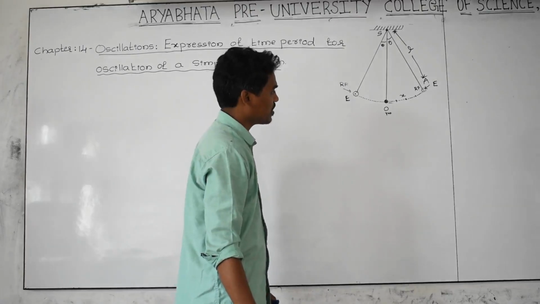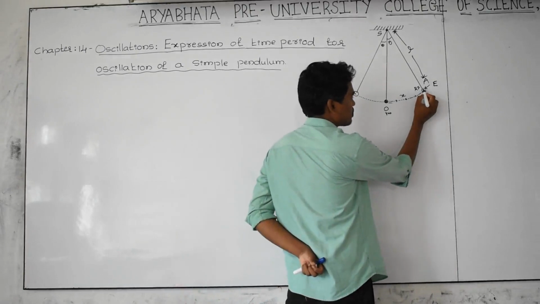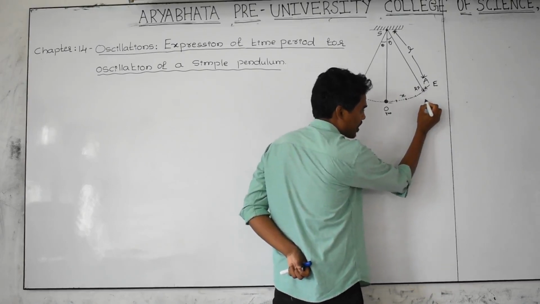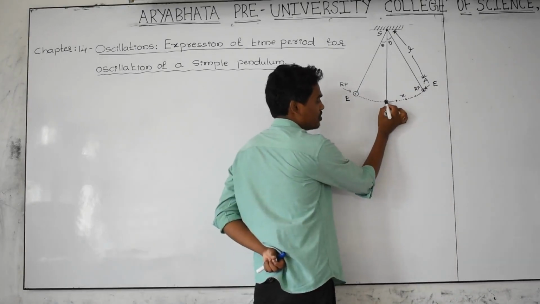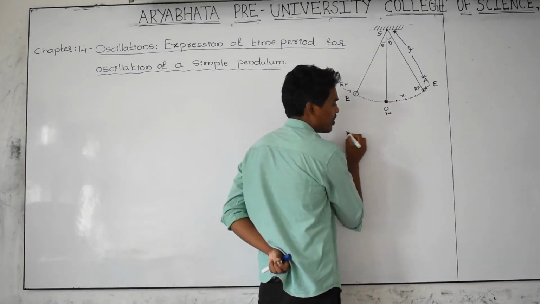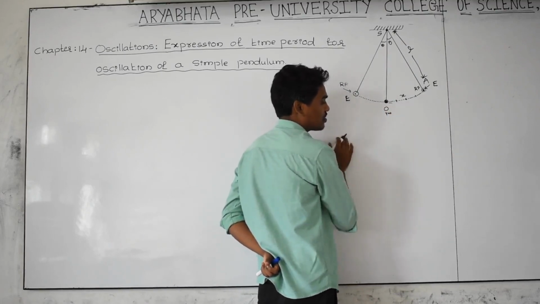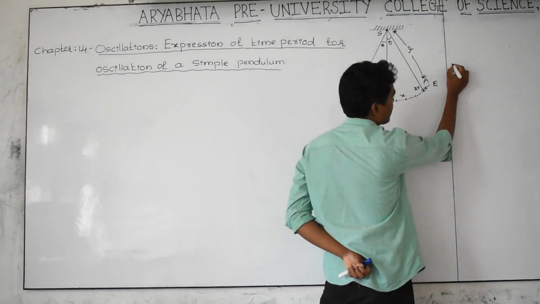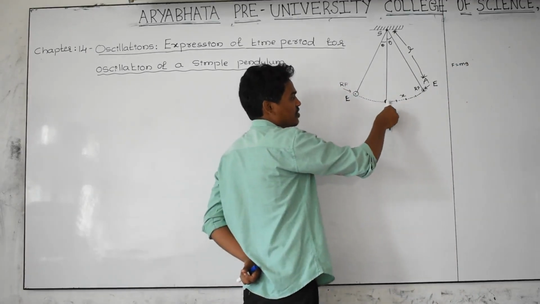Let us take here. When the body is at this point, what is the force acting on the body because of gravity in the downward direction? That is this one. When the body is at this point, the force acting on the body by the earth, this is the earth surface, in the downward direction is F equal to mg, in this direction.